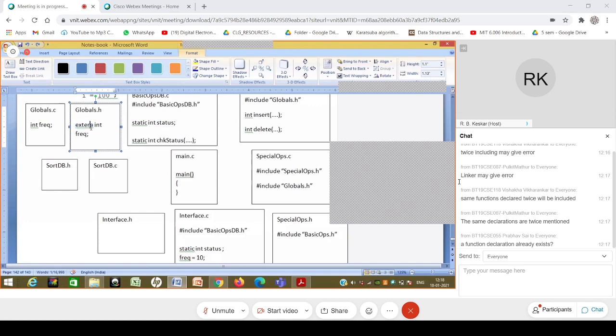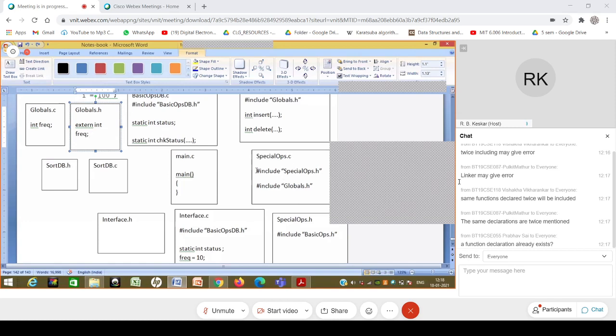It's not only the declarations of global variables, there could be declarations of structures, right? Let's say student record. So you define something like struct student record, which might be part of globals.h. What is going to happen is that because globals.h is included twice, and we know by now that the meaning of inclusion is very simple, the contents of globals.h are kind of copy pasted over here.